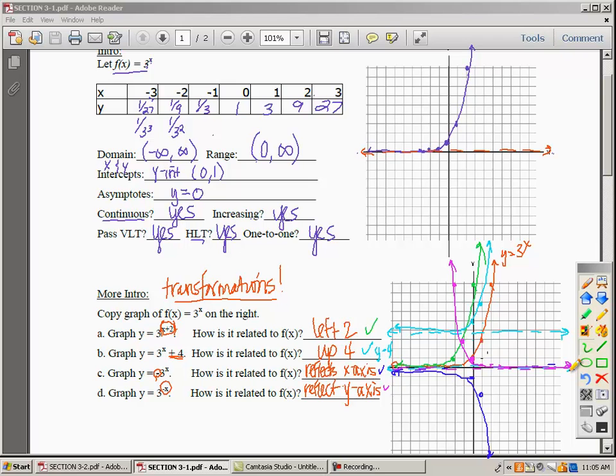And so you'll notice if you can graph the basic, and in this case, this would be our parent function. If you can graph the basic parent function, you should be able, without your calculator, to do left, right, up, down. We'll even stretch and shrink and things like that. Okay? The next one,